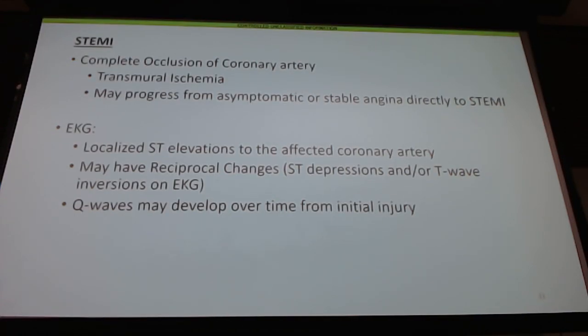And then, of course, the last of the ACS syndromes is the STEMI, the ST elevation MI, where now you have those ST elevations. They're localized, so that means it sticks to a certain geographic area, right? This is not like your pericarditis ST elevations, where you may have a diffuse kind of thing, not localized to a particular coronary artery. You may have reciprocal changes, which we'll talk about in a later lecture. And then you may have Q waves, depending on when this occurred.